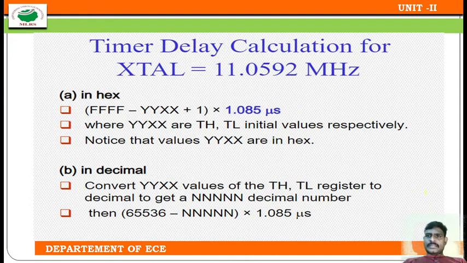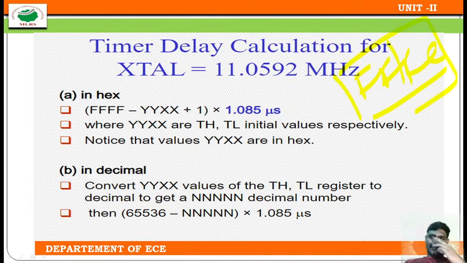So how do we calculate the time delay? In the previous example I loaded a value like FFFC. What does it mean, and how do we load it? In hexadecimal, in case of mode 1, whatever I am saying is for mode 1 operation, FFFF is the maximum value. From that I need to subtract the required time delay in hexadecimal, plus 1 for the rollover,